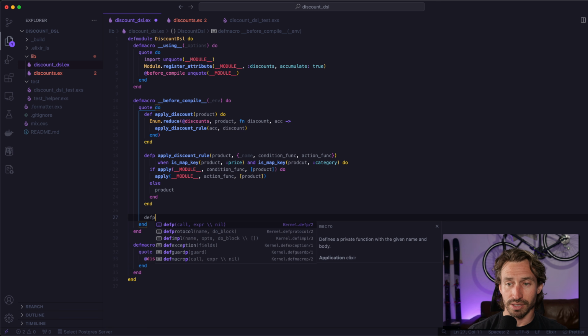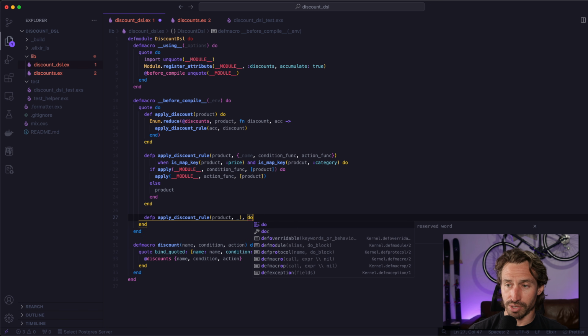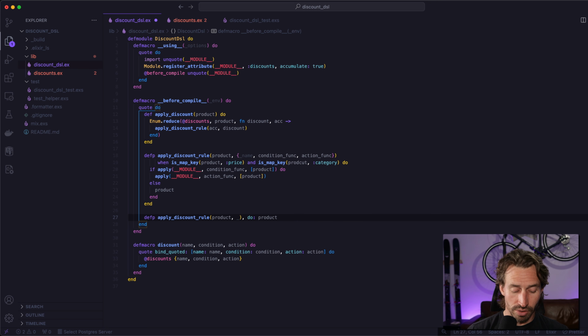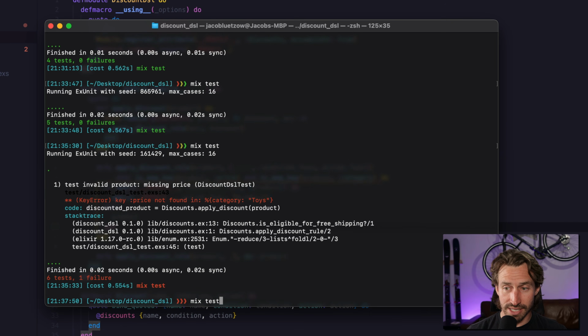So we need to create another apply discount rule. And this time we're going to just take a product, and we don't care what the condition and action function is. So we can just put an underscore there. And then what we're going to do is we just want to return the product. So this way, if we're missing price or category, we're just going to return the product without doing any adjustments. Okay. So now if we save this and run our tests again,